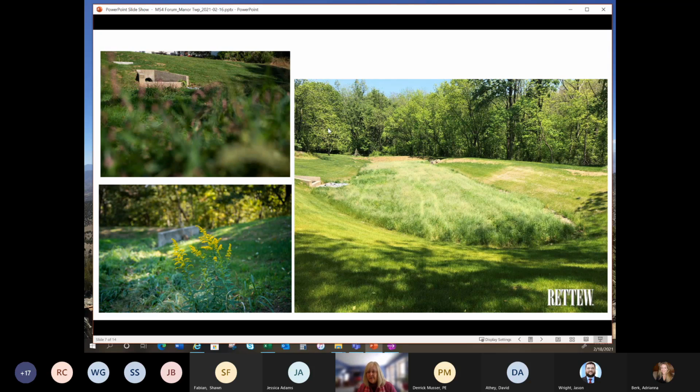The homeowners that are adjacent to this basin have not complained about it, which sometimes we do worry about, because a lot of homeowners are worried about mosquito habitat and water ponding, but so far that has not been an issue. So they really got some confidence by doing this project, and the design elements are similar to the next project,